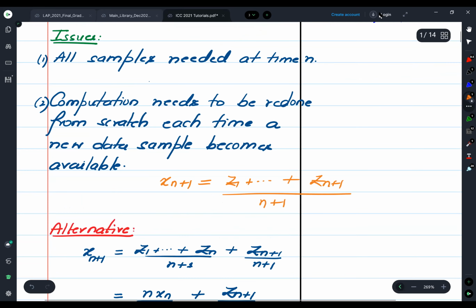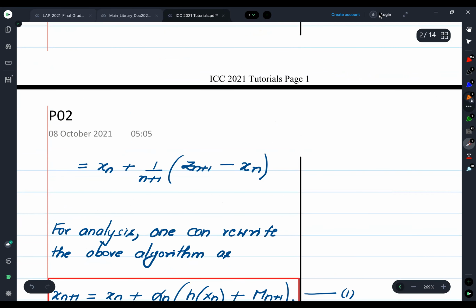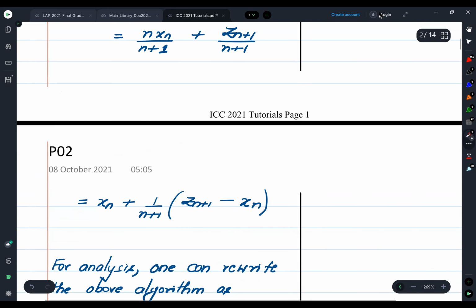So the idea here is that we came up with this update rule. Let's say this is the final algorithm that we came up with. I say this is an algorithm because we can iteratively execute this update rule. And if we start with some x0, we can compute x1, x2, and so on, just by using